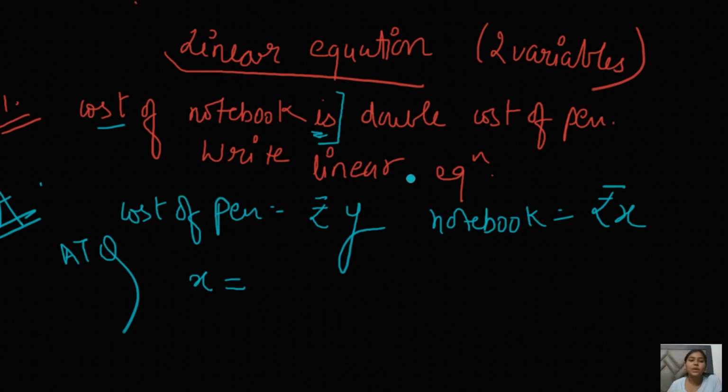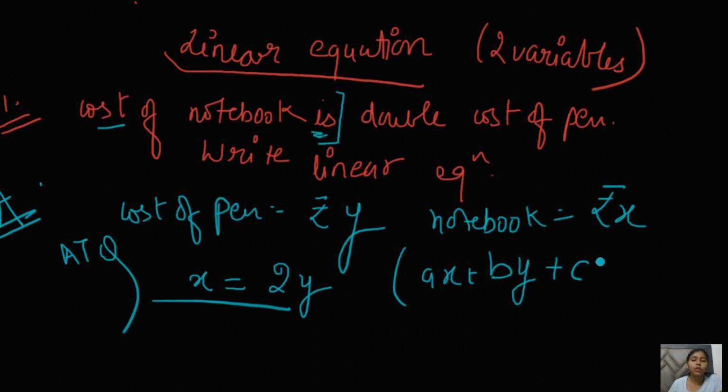This is a very easy way to solve the age related questions or the word problems. This is my way to solve these word problems very easily. Wherever you see is, you just have to put an equals sign. So the cost of notebook is rupees x, and is means equals sign. Now double the cost of pen, double means two times, the cost of pen is rupees y. This is what we get as a linear equation. But wait people, I already told you that whenever you have to write a linear equation, whether it is mentioned or not, you have to write it in standard form, right?